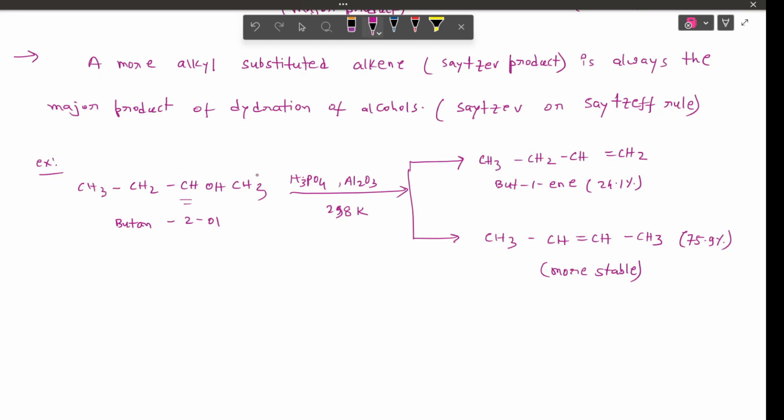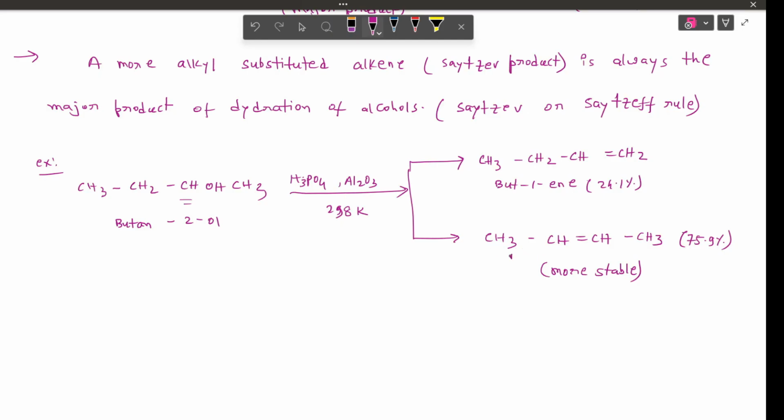If this carbocation goes here, then it will be 1 degree. If this carbocation goes here, then it will be again 2 degree. So there is no benefit. Hence the stability of the carbocation does not affect the ratio of the product, but